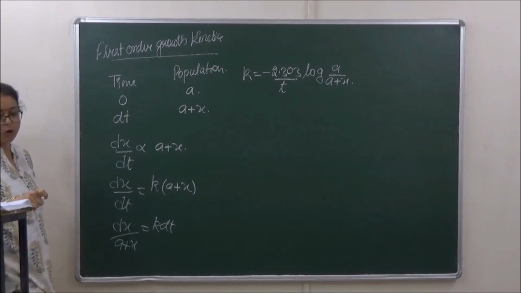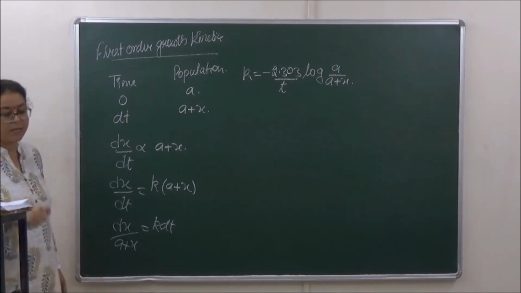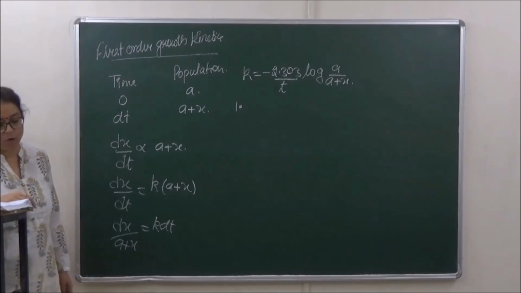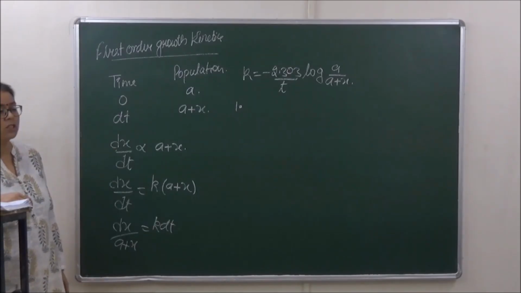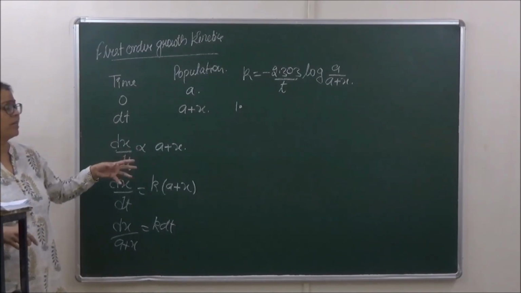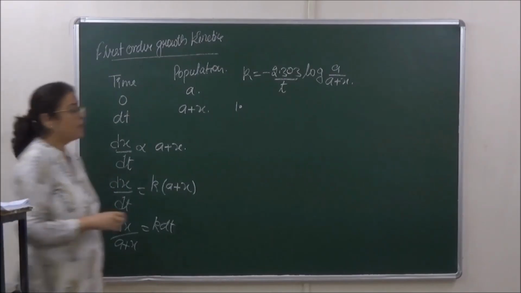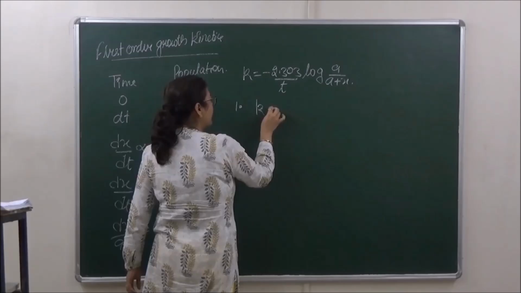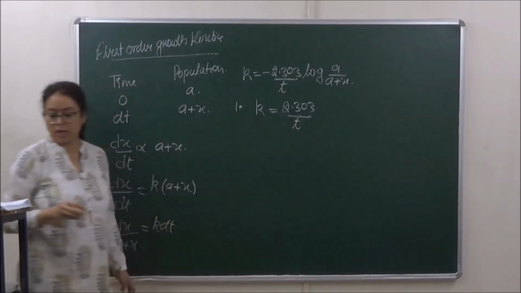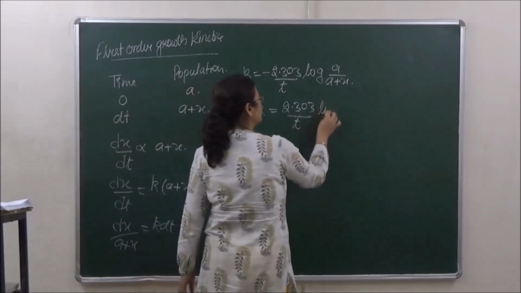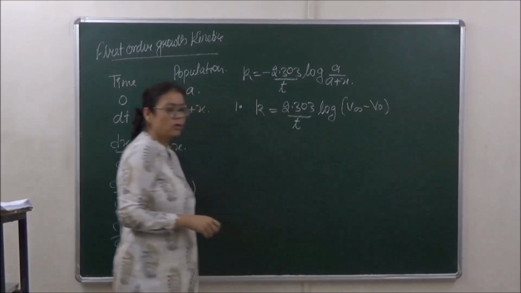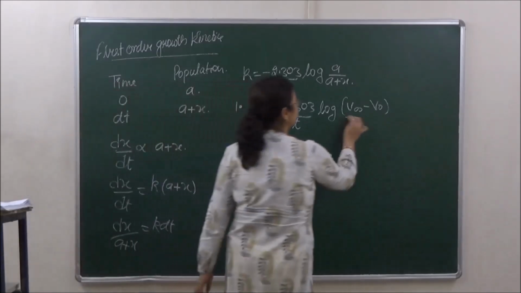Alright. Now अगर हमें वॉल्यूम्स दे रखी है, we have a case study over here, कि हमें बोला है कि काइनेटिक्स कैलकुलेट करना है और हमें वॉल्यूम्स दे रखी है रिएजेंट्स की, इंस्टेड ऑफ कंसंट्रेशन एंड प्रेशर. हमने कंसंट्रेशन कर ली, फिर उसके बाद हमने प्रेशर भी कर लिया. अब हम लोग कैलकुलेट करते हैं अगर हमें वॉल्यूम्स दी है. सो वॉल्यूम्स में हमारे पास K आ जाएगा 2.303 into T log of V infinity minus V0 upon V infinity minus Vt.